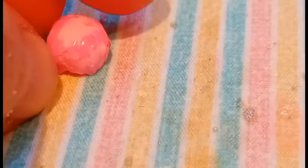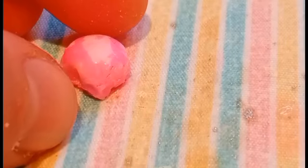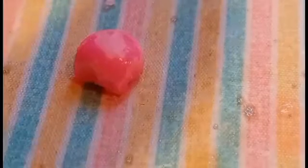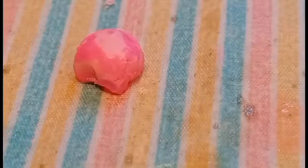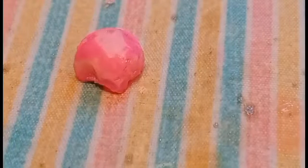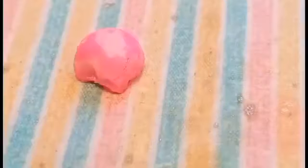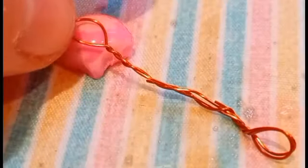For the other side, I'll glue on some wire that I bought in Mallorca. Yes, the airports were fine with it. So I have this, and I'm going to glue it on. And I'm going to bend it,